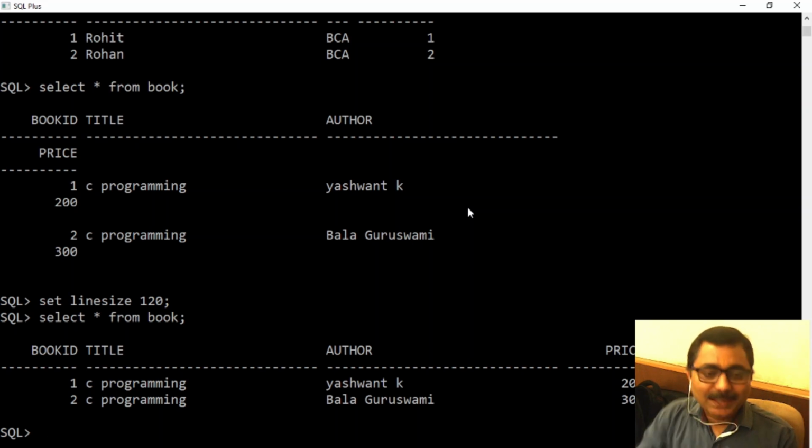Now I would like to add records in the child table, which will have foreign keys, and this child table is having two foreign keys. One is ERP ID, second is book ID. Clear?